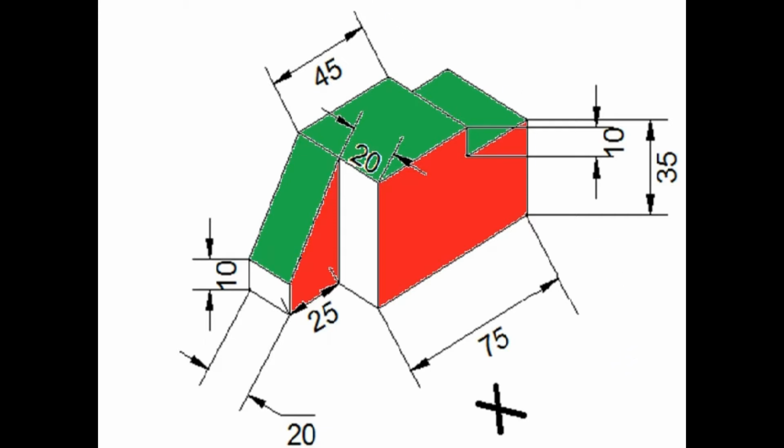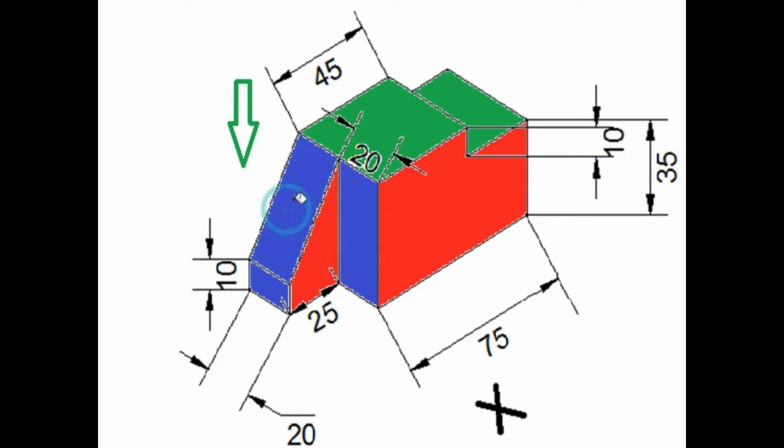So for this reason I will draw an arrow here indicating that this slant portion is visible from the top, because afterwards I will paint this with blue color because it will appear in the left hand side view also. So you need to be careful here with this slant portion, and for the left hand side view I am painting with blue. So again this slant portion is painted with blue color now, but it will appear in the top view also as a rectangle. So this slant portion will appear in both top and side view. We will see now how to draw this in the drawing sheet.